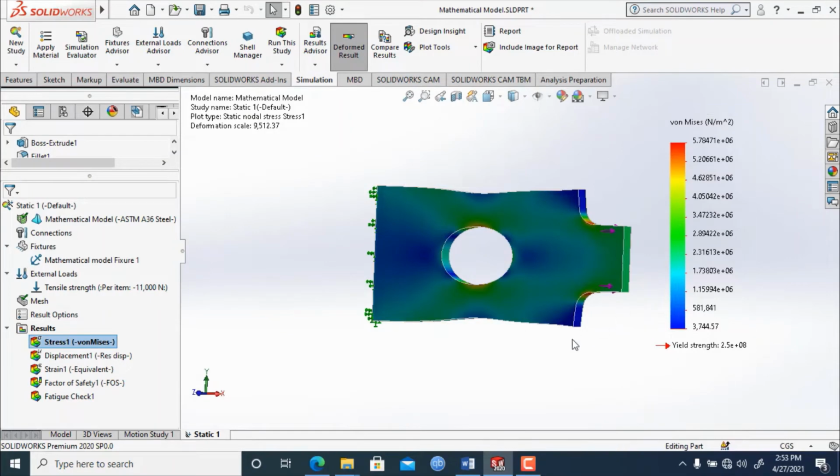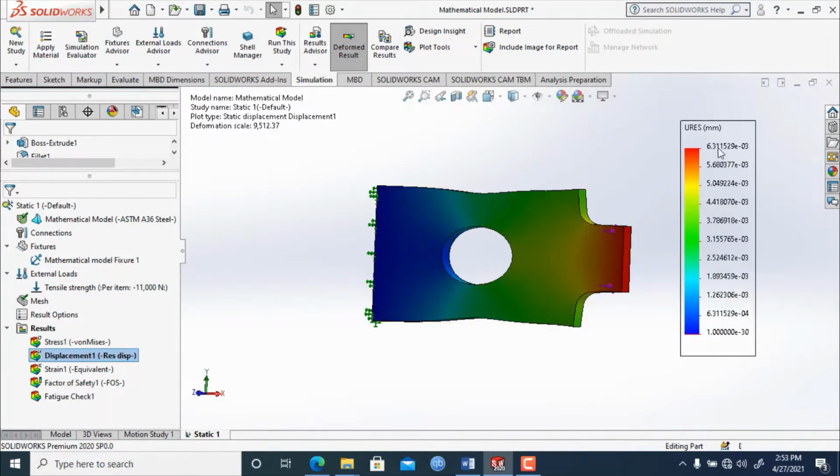Here you can see this is the stress. Here we will first note displacement. To do this, right click on it and then click show. Here you can see the maximum amount of displacement is 6.3115 e to the power minus 3.